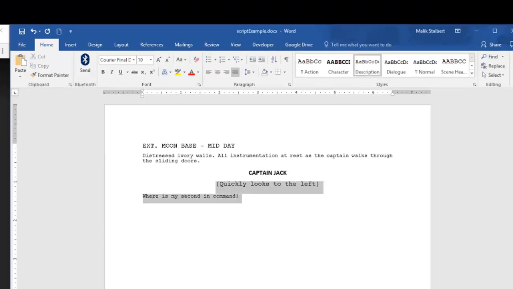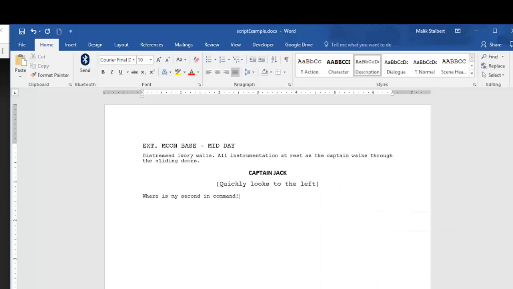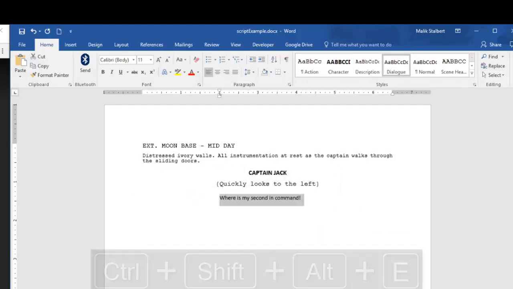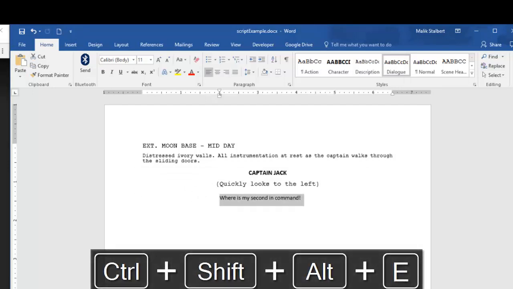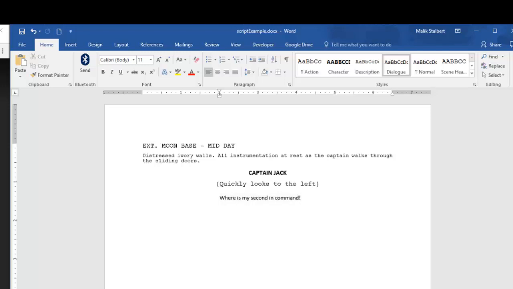And then his dialogue. So I'm gonna highlight this part of the dialogue, and then I'm gonna go dialogue. Now remember those shortcut keys that we had. I can highlight this and do my shortcut key, Control Shift Alt E, and it does all of that for me. Now whenever I add some descriptions, I'm gonna hit the backspace, push it over here, and I'm gonna write INT for internal main deck.